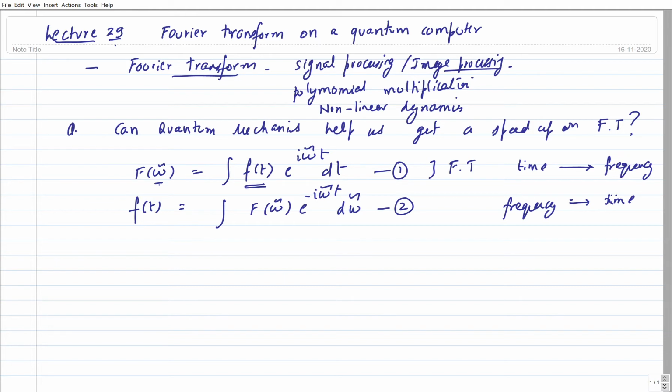If, in numerics, I have a signal which I chop off and I discretize it, I have the DFT, or the discrete Fourier transform,